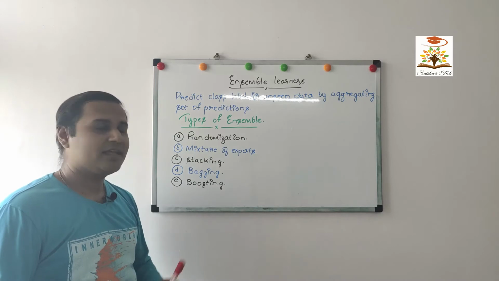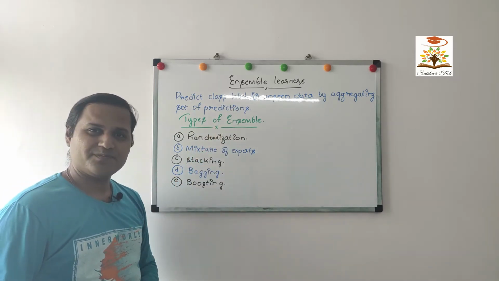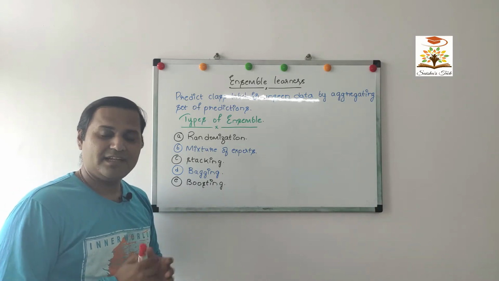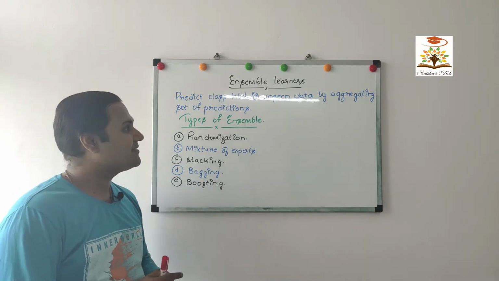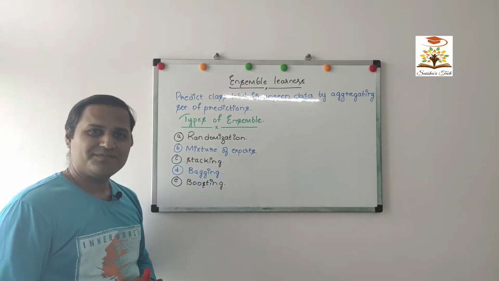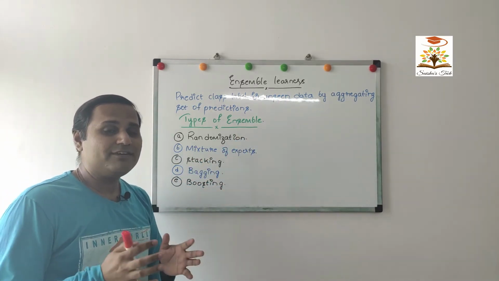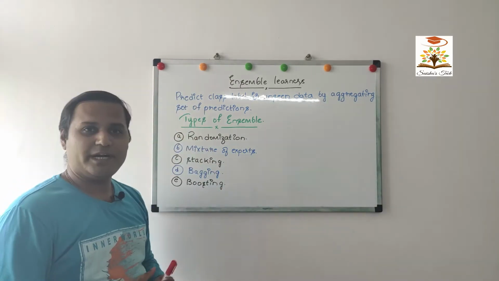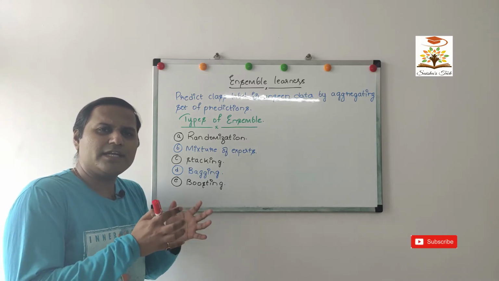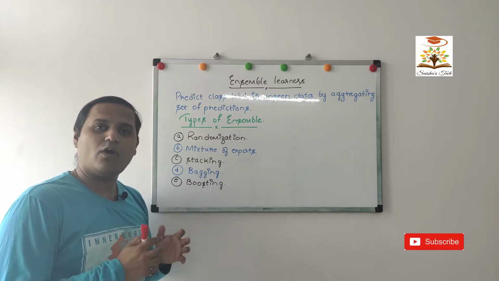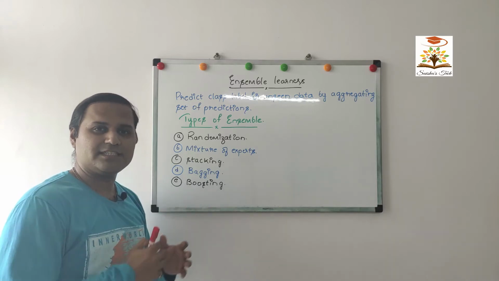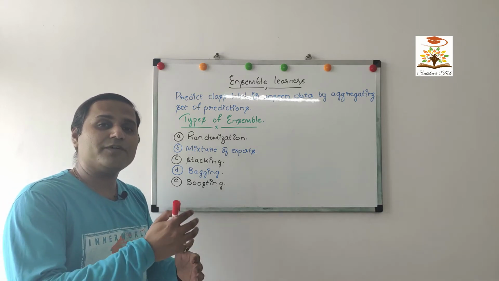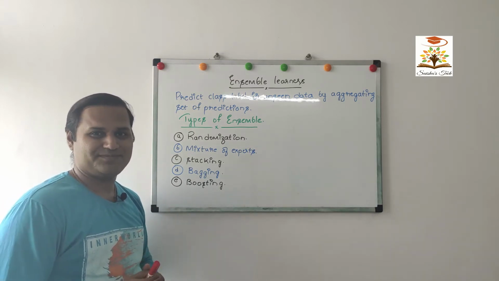Ensemble learners predict class label, that is, it is a type of supervised learning technique with target variable for unseen data, test data or validation set data by aggregating the set of predictions. These set of predictions aggregation happens on two levels, for classification models and for regression models. We will understand the types of aggregation in future videos.